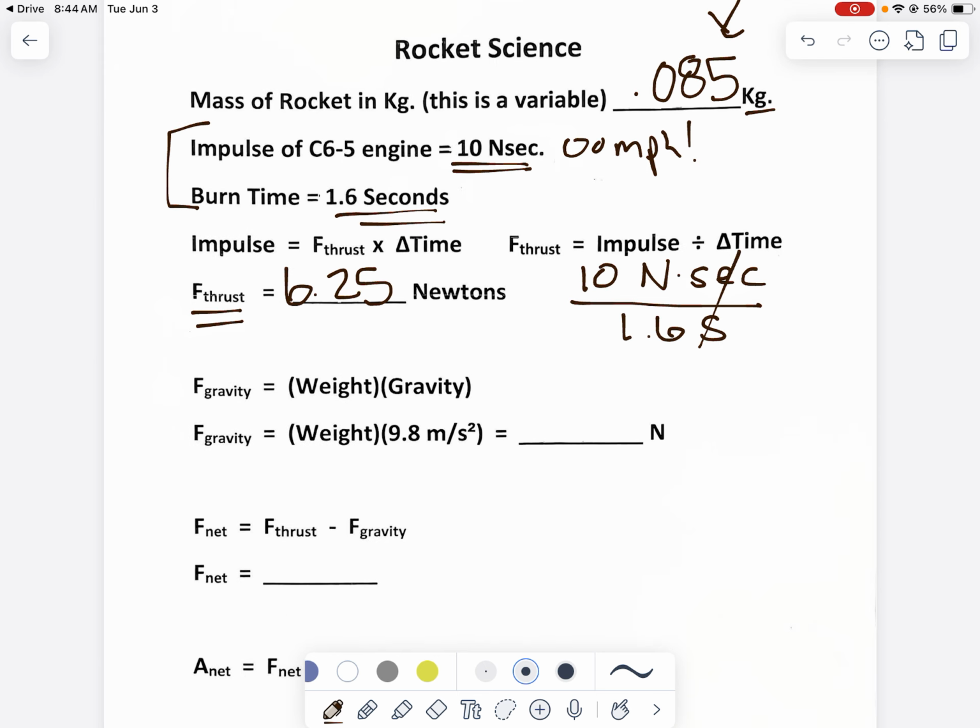And now we need to find the force of gravity. So the force of thrust is what was pushing us up. Force of gravity is how much pull down we have, and this depends a lot on your weight. So again, we're all going to do mine for this first time, and then the second time through you can do your own. So we're all following the same math together. My weight was 0.085 kilograms